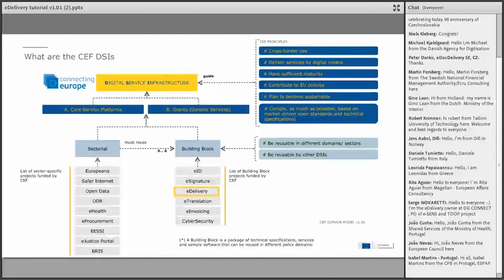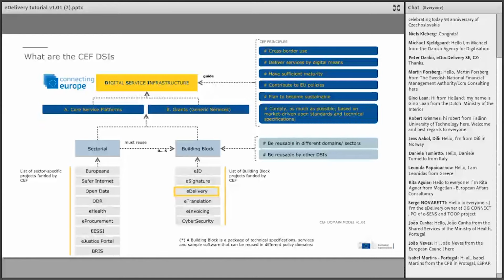So you have the CEF. Next to that, you have the CEF building blocks: eID, e-signature, e-translation, e-invoicing, cybersecurity, and, as we'll be concerning ourselves with today, eDelivery. But they all have common underpinning principles that have to be met to ensure that they can be considered CEF